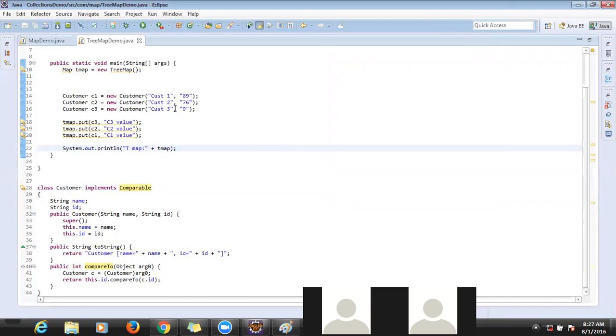Oh, sorry, I was supposed to modify the value here. Now let me change it. Yeah, so this is the original object. Now this is the ID. This dot ID compared to this dot ID. Okay, now I'm considering this as a string. Instead of string, I have to take that one as an integer.